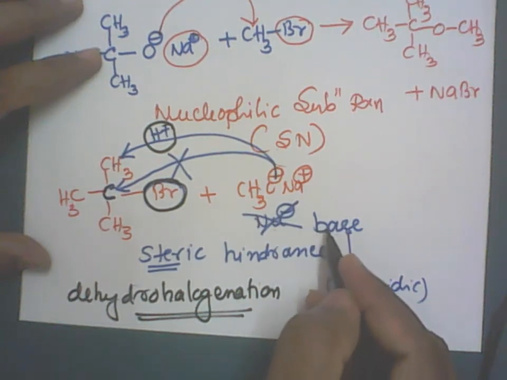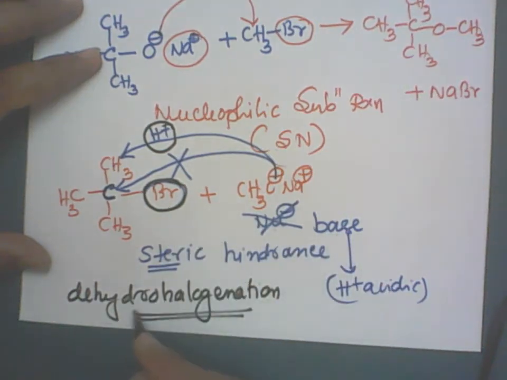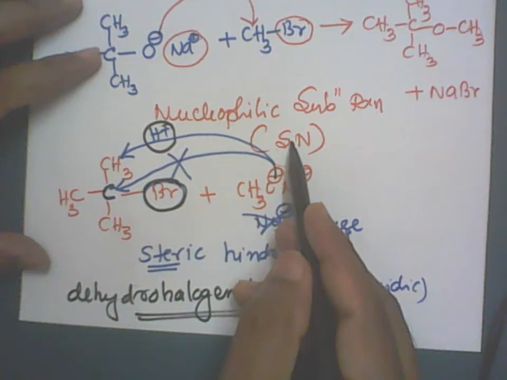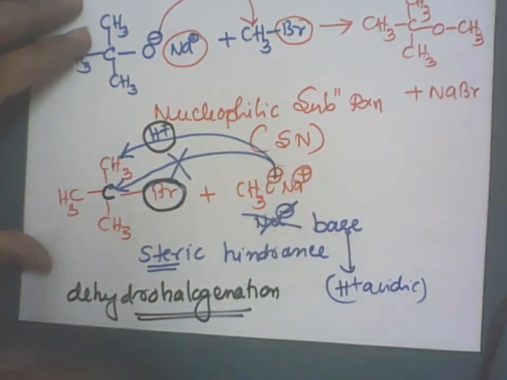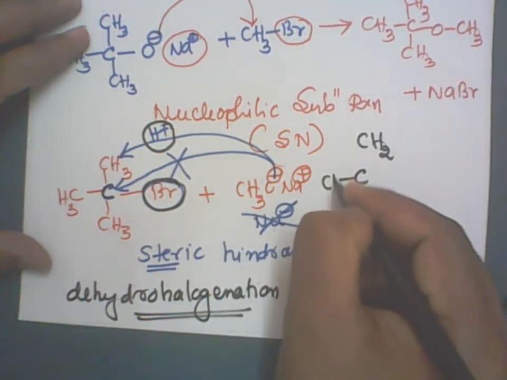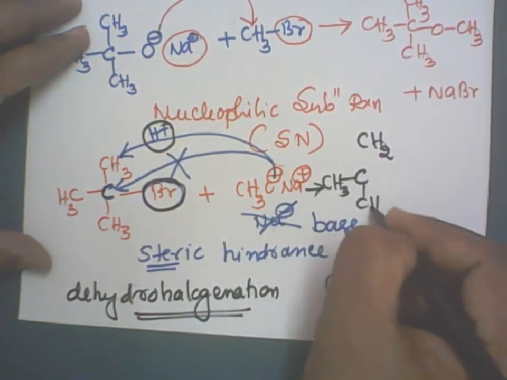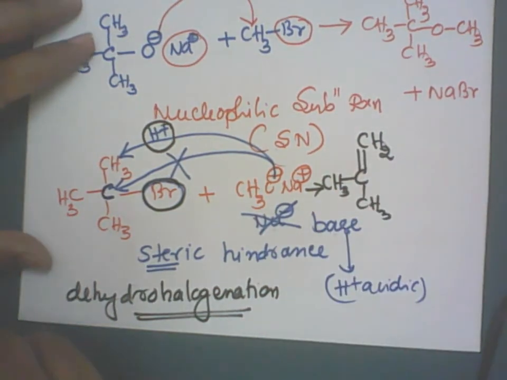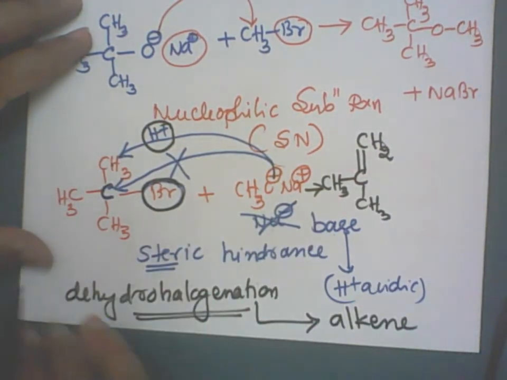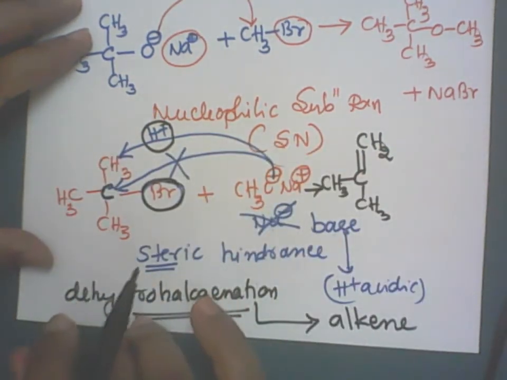It acts as the base now. The base will allow the alkyl halide to undergo dehydrohalogenation, in case bulkier alkyl halides are present, where there is no possibility of nucleophilic substitution reaction. So remove that hydrogen, CH2 will become, then attached to carbon, then there is a CH3, then a CH3, and a double bond forms. An alkene is formed. So dehydrohalogenation always gives an alkene as the product. Remember that one. This is the exception, so we cannot always prepare ethers.